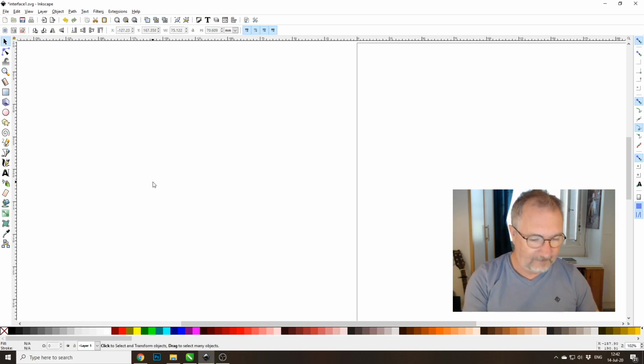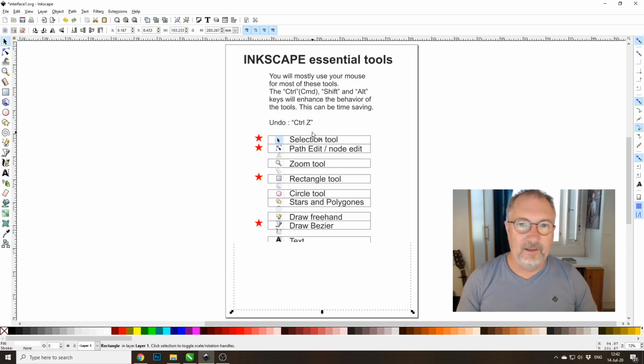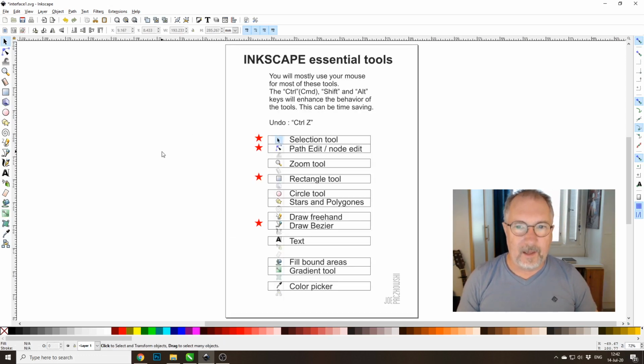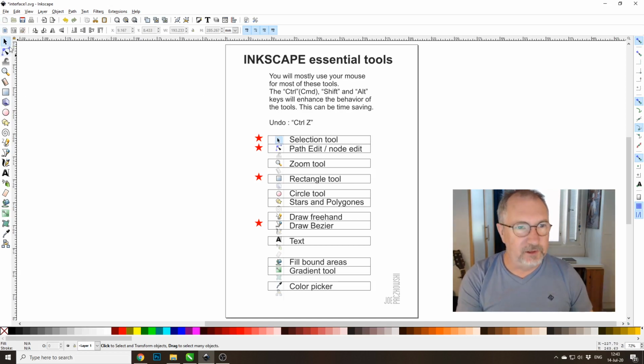So I'm going to press 5. So these are the tools you need to start creating graphics, and I've made this little chart here to tell you what the most essential ones are. So the selection tool, which is the first one up here, is the one you probably use the most. The selection tool,